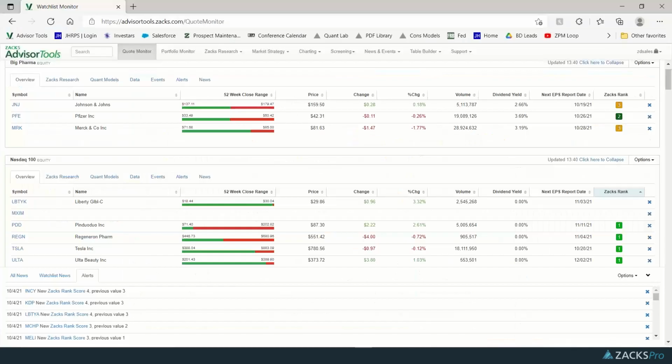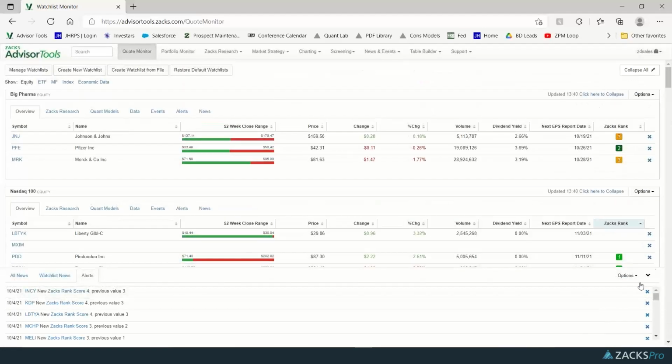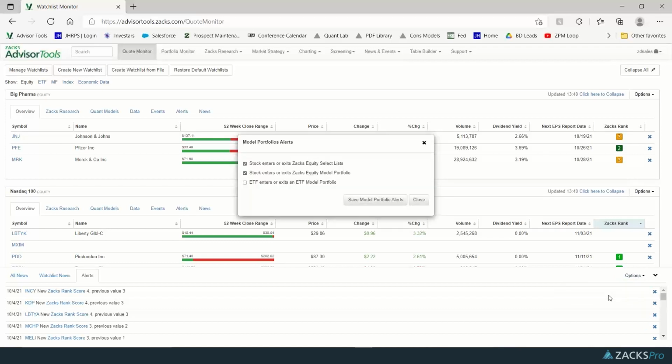The other thing I wanted to mention briefly here is that within Advisor Tools, I've got the quote monitor specifically. If you click on this tab here, at the very bottom, I don't even think you have to do that. I think it's just static here on the bottom. You can see the news, watch list, and alerts area. If you click on this options, you can go to create, edit, model portfolio alerts, and you can see that I have a stocks enters or exit Zacks equity select list, and I have stocks enters or exit Zacks equity model portfolio. So if you just check both of these for your macro portfolio alerts,